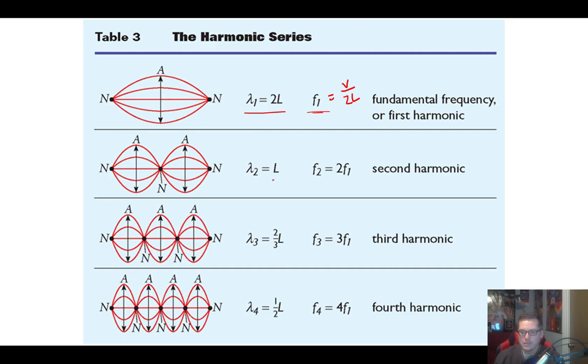Well, if our wavelength has doubled, that means our frequency also had to have gone down by half, which means it's 2 of these long. So our frequency for the second harmonic is simply 2 F1s, 2 fundamental frequencies put together. All right, and you can see down the frequency part of this that it follows that pattern: each harmonic you go down, the frequency of that harmonic is simply the number of that harmonic times the fundamental